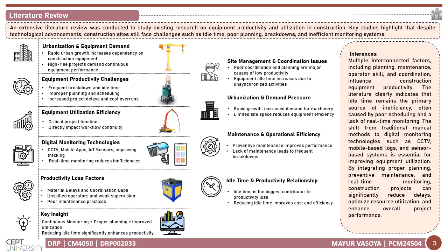The third one is utilization efficiency. It is linked with the workflow continuously. For example, if the main material hoist is not available at the required time, labor and small material movement get delayed. If the bar bending and cutting machine are not working efficiently, reinforcement work may slow down, which further affects the shuttering